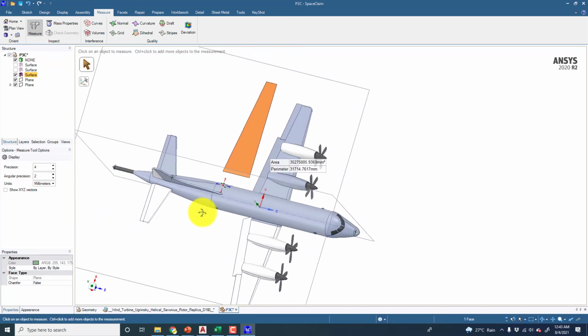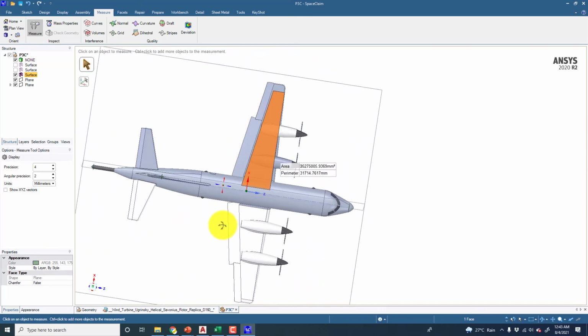So this is the method when we have an existing model, and you can use SpaceClaim to get the approximate projection area. But again, as I told you earlier, you must be consistent in your approach, and once you mention that area, if other people want to replicate your data and compare it with your data, then they have to use the same area so that these parameters remain the same.